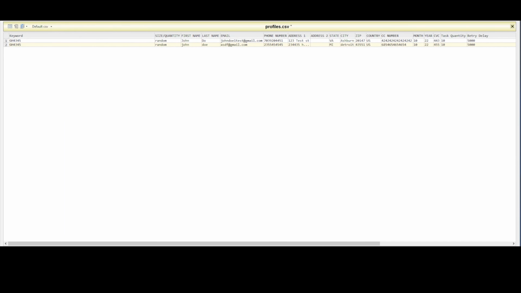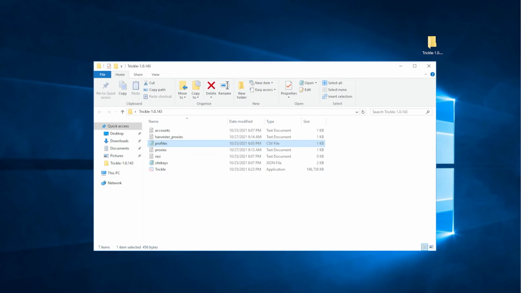Once that's done, you save it. If you export from AYCD, it will not be saved as profiles.csv. You will have to edit the name. It will be saved as trickle.csv. If you don't edit the name, Trickle won't pick it up as your profiles. So once that is done, you're going to just launch,